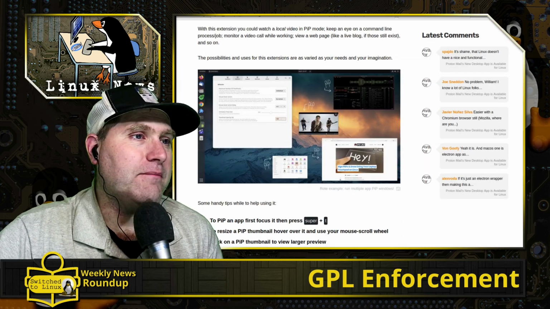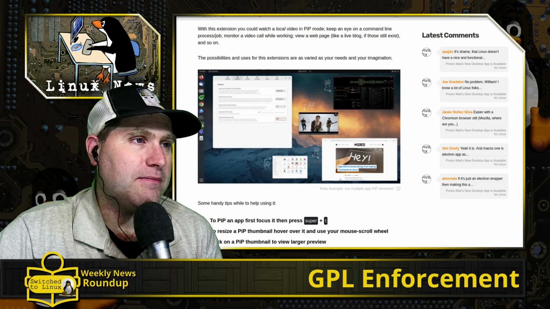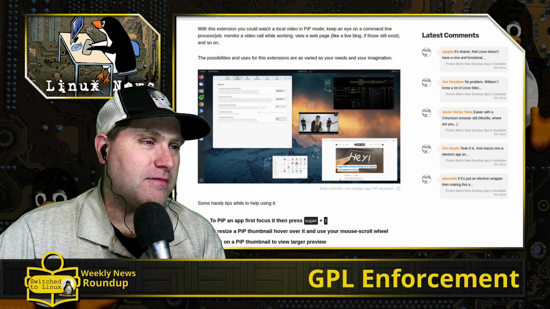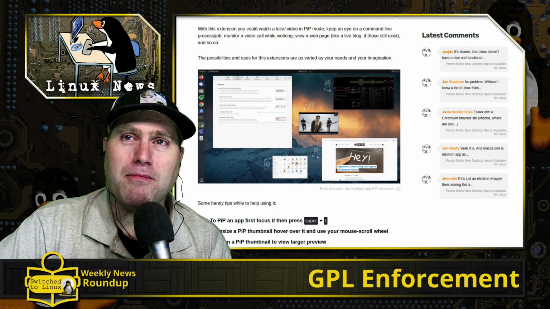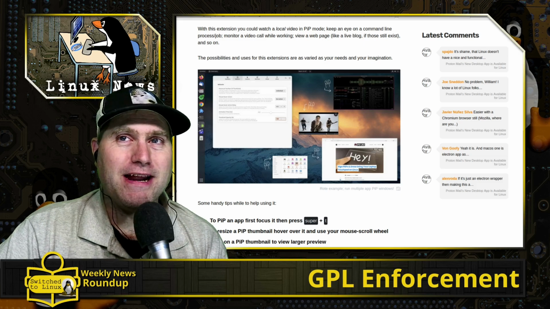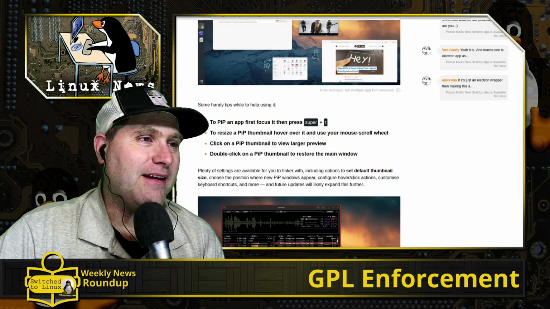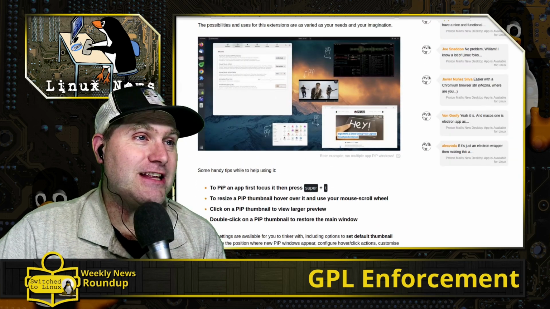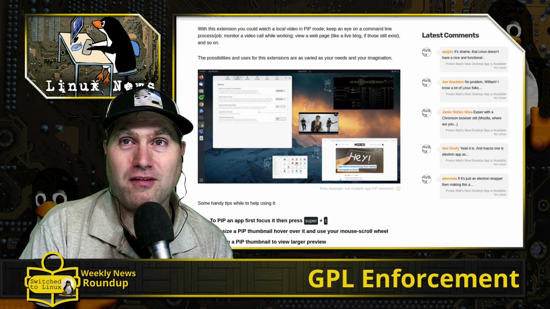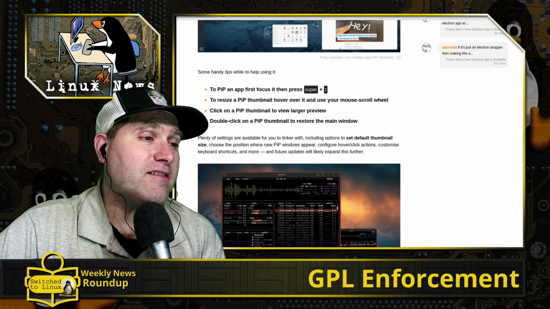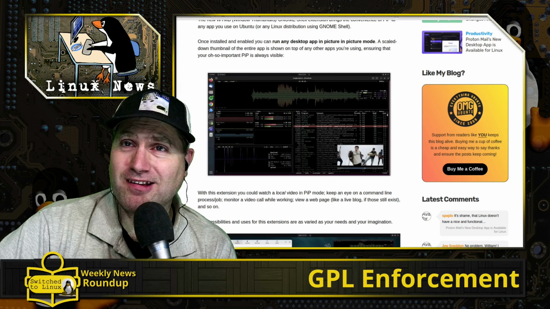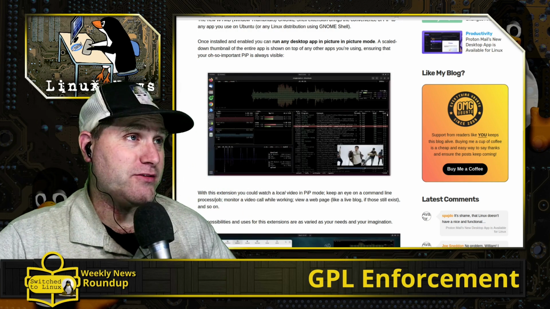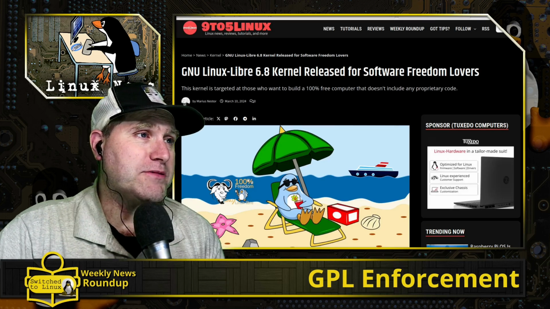So they have some neat uses for it, of course, if you need to keep certain things on top. Of course, if you're doing this type of stuff and it's looking like this and a bunch of staticky picture-on-picture, you may as well be running a window manager instead. But hey, call this the window manager application. I like this application. Keep an htop running on top of things. You can monitor what's going on, maybe during a video edit or something. There are some neat applications. I will not be installing it on my personal builds anytime soon, but as with all things, I love that there are options for people. So praise the Lord for options.